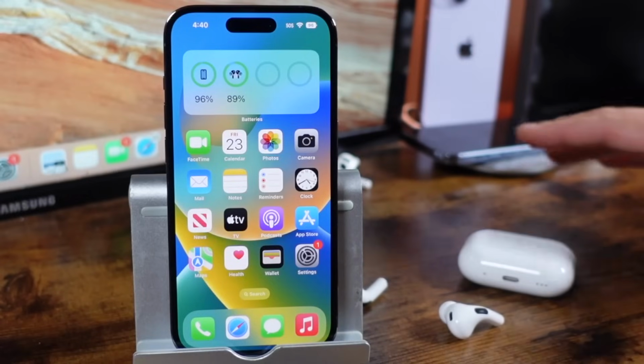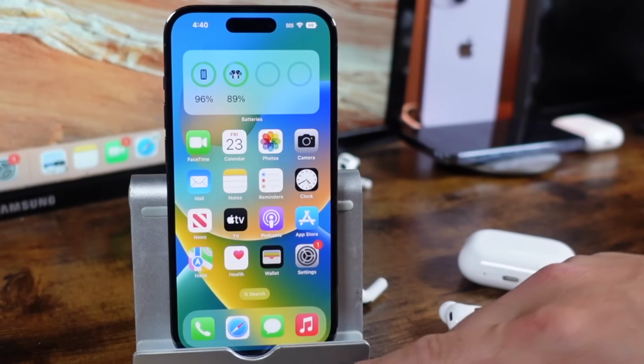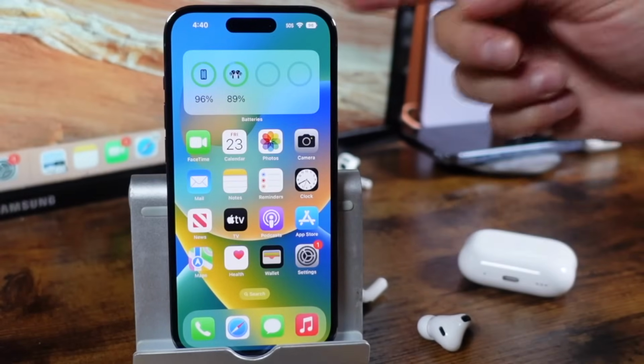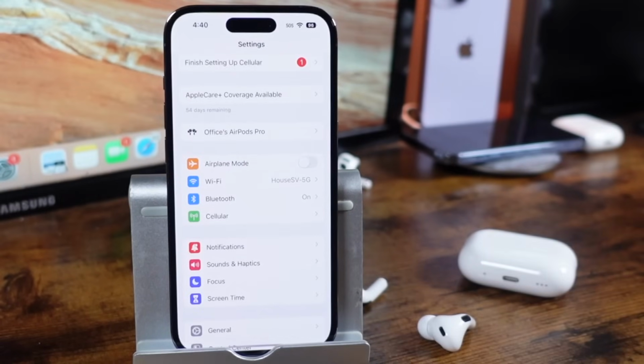For this next tip, I'm going to show you how to set up Live Listen with your AirPods Pro 2. And this is something you could have done with older AirPods as well. It's a cool feature that allows you to put your iPhone in a room, and then you can put your AirPods in your ear, and you'll be able to hear everything that's going on in the space where your iPhone was left. So this is great for a baby monitor or something like that, but you do need to